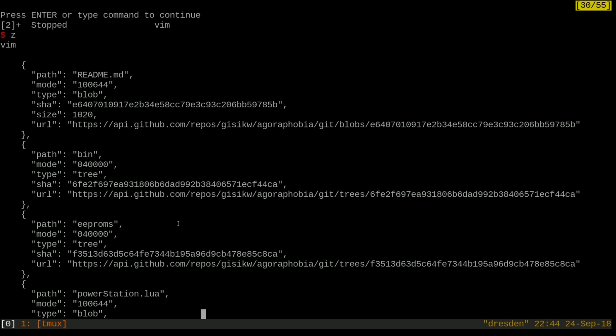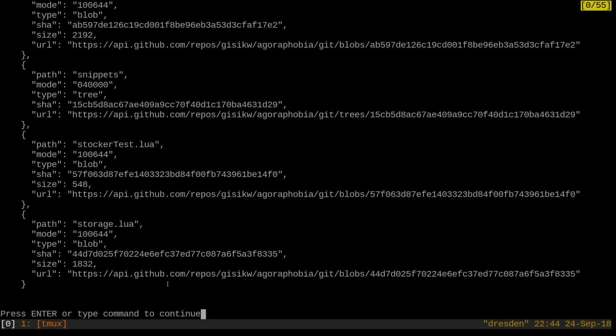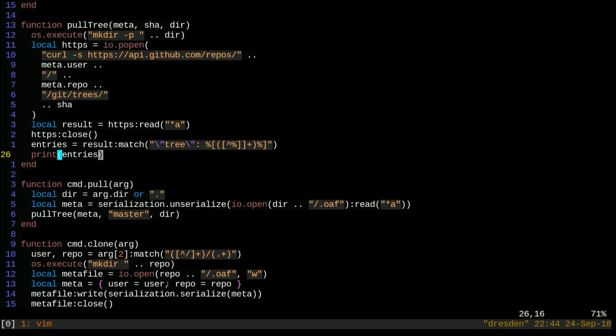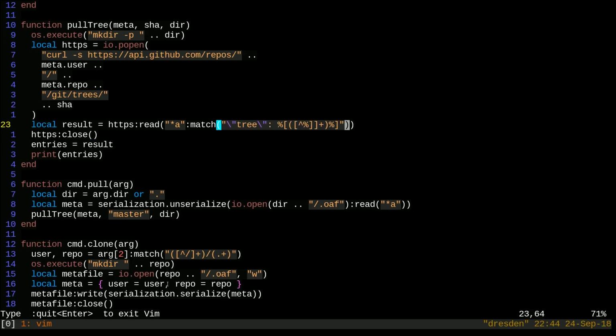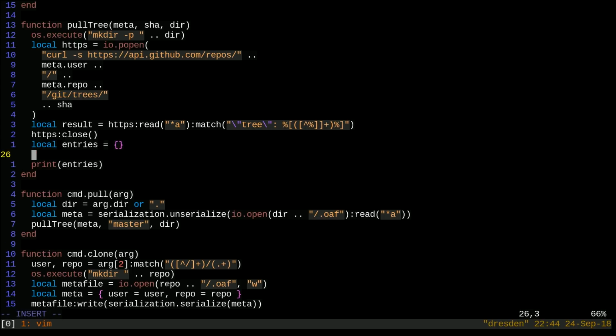Wow, I think that actually worked. Yeah, okay, so that extracted everything inside there. That's great. Okay, let's go ahead and tack that onto our read up here. I'm gonna say local entries is an empty table, and what I'm gonna do is say for